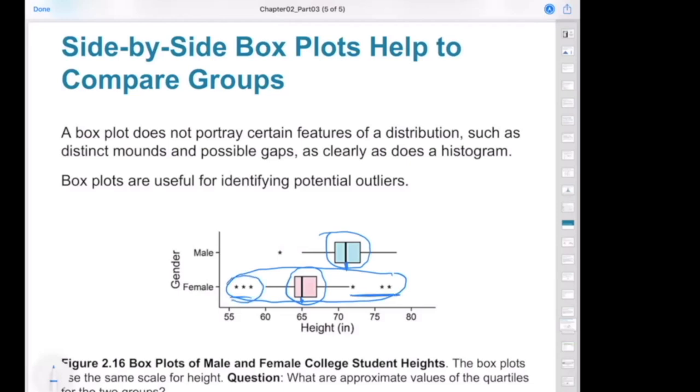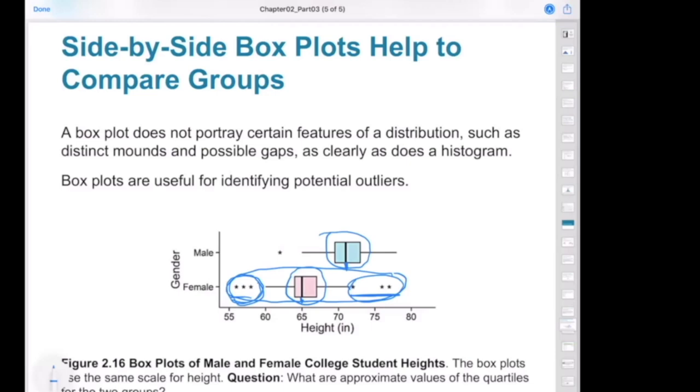These are too short females. These are too tall females. Maybe comparing also to most of, or 50% of, the males as well, as you can see here. Okay, so if you have two groups, you can use the box plot to compare between them this way. Very, very nice